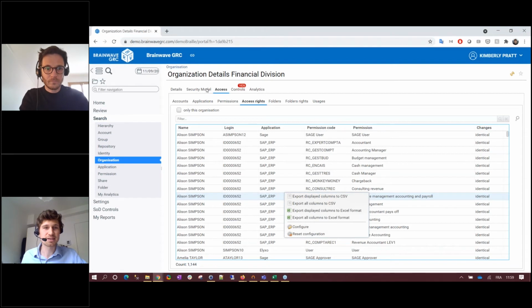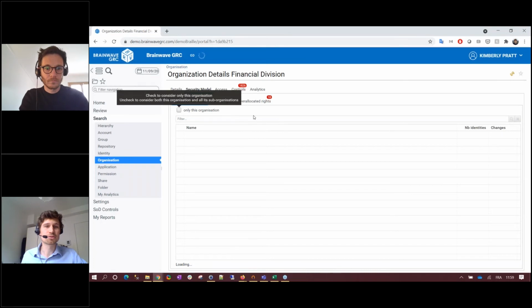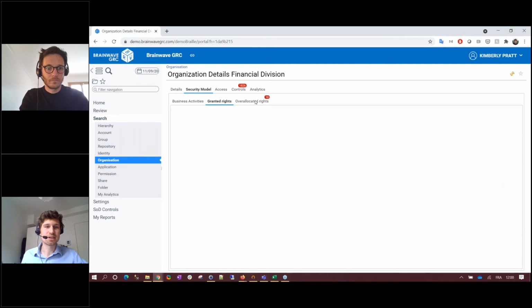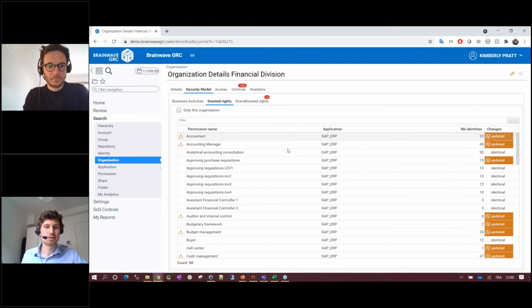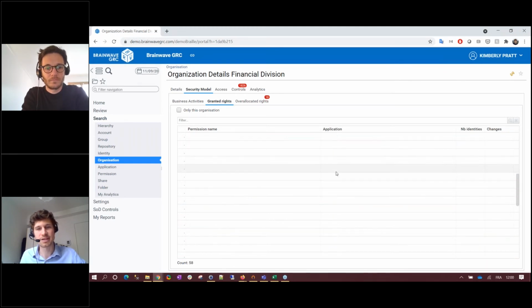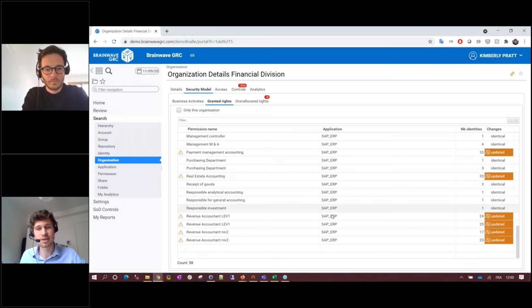And once it's in the IAM system, we have controls. Those controls are related to the run of the IAM. As you can notice here, there are 2 tabs. One of the tabs is about the access granted through the IAM system. It means that we have ingested IAM information into Brainwave to check what access is granted through IAM to a user. It concerns SAP here, and we can notice that the scope of the IAM is only focused on SAP.